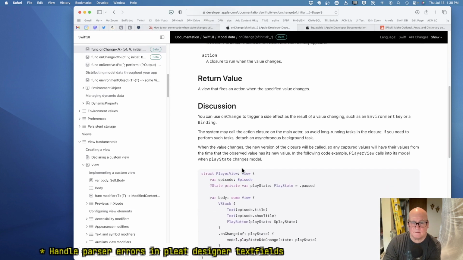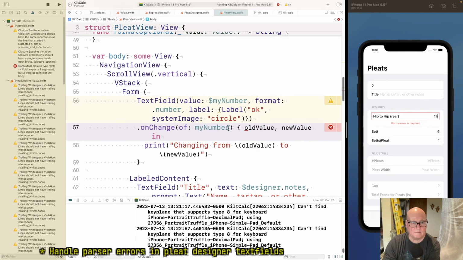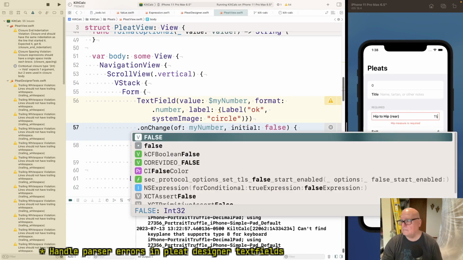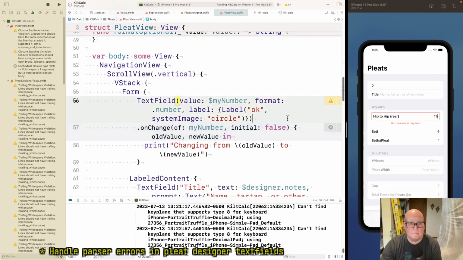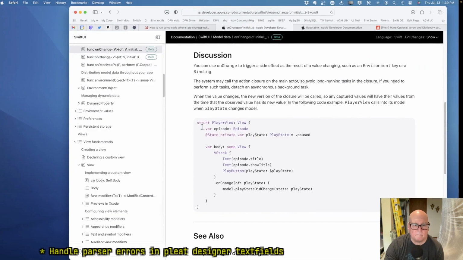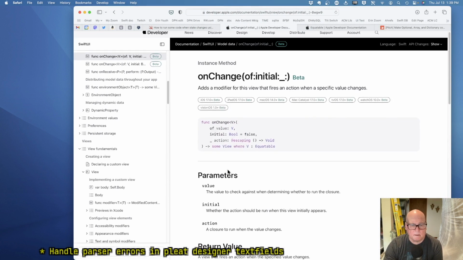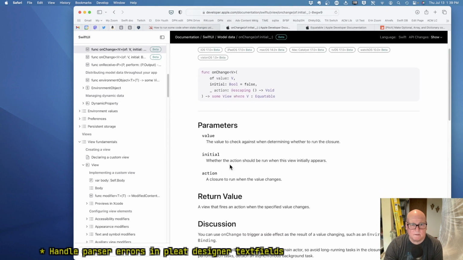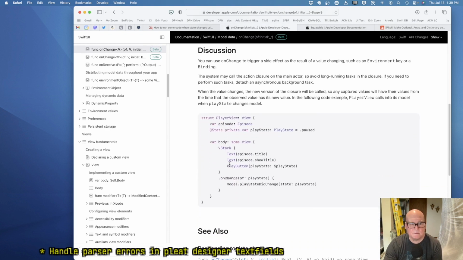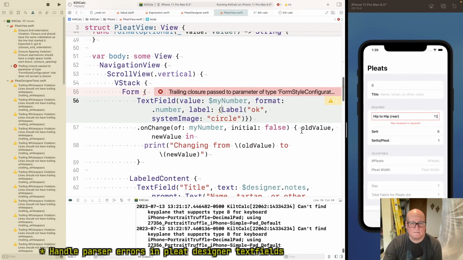Initial false. Of value, initial false with action.